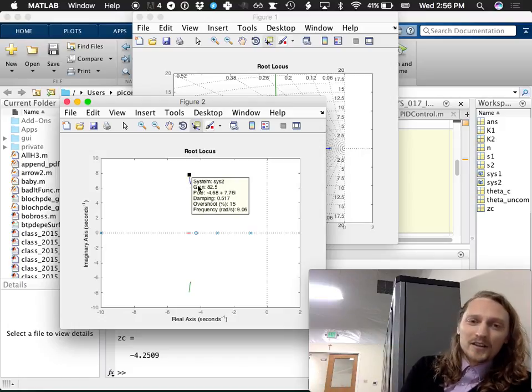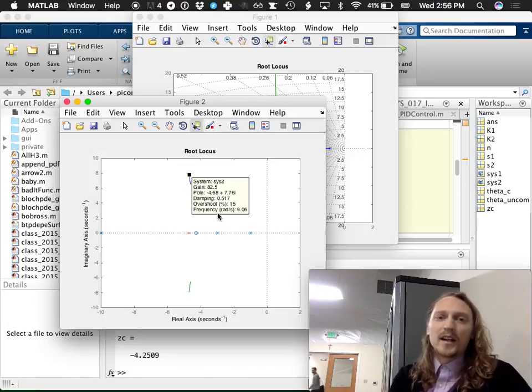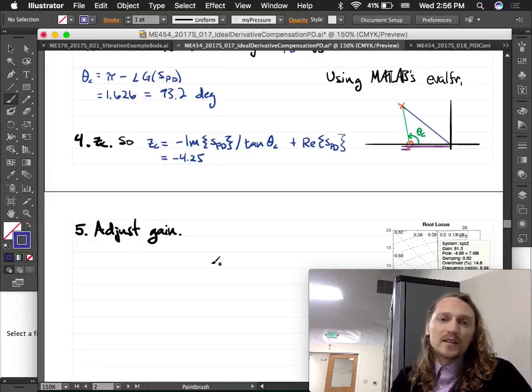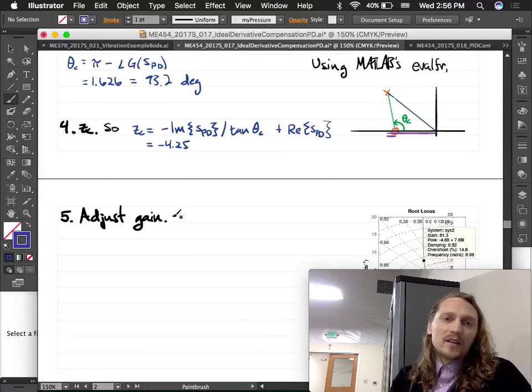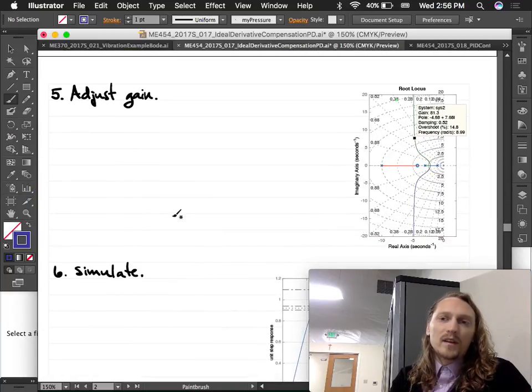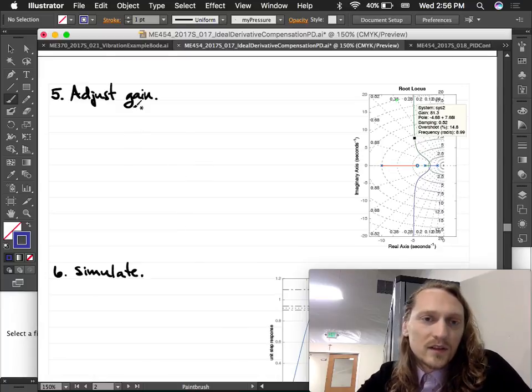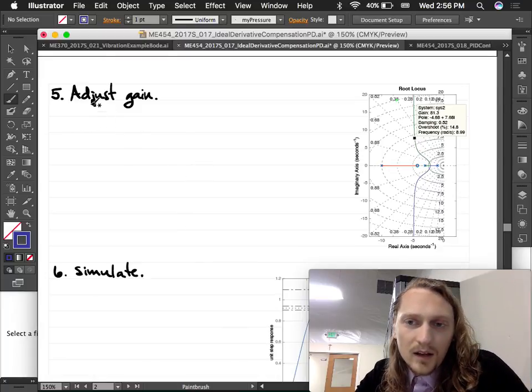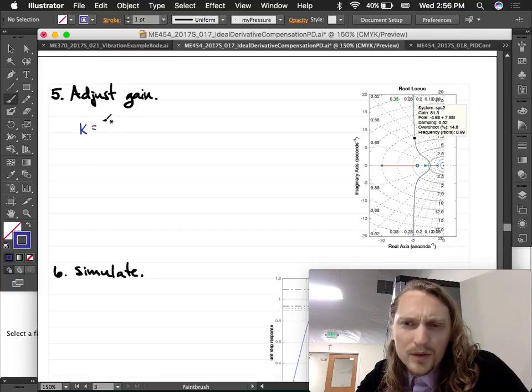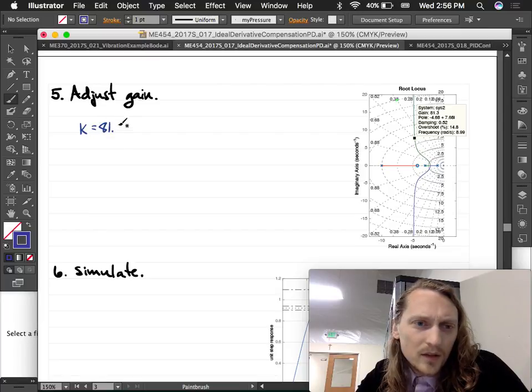So let's try. Our pole ends up being at negative 4.68 plus 7.76j approximately. That gives us a gain of K equals 81.3, which is what I chose. And the pole ends up being